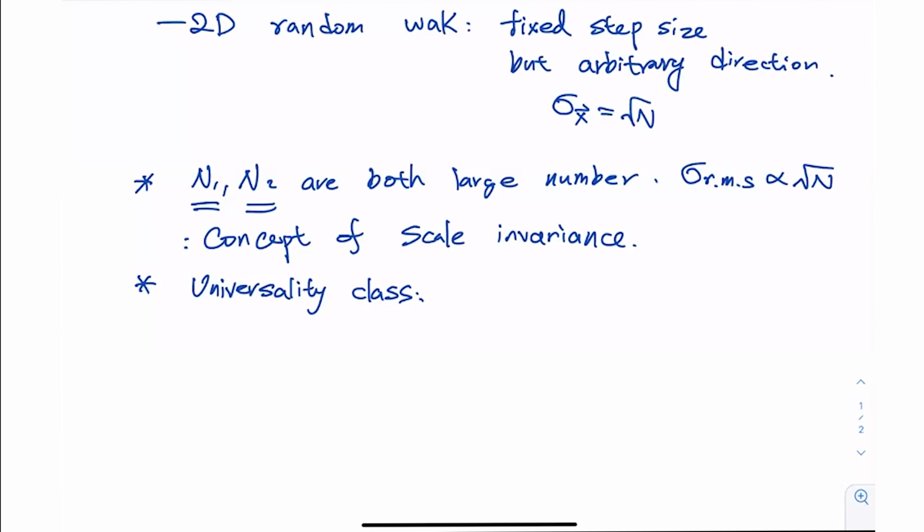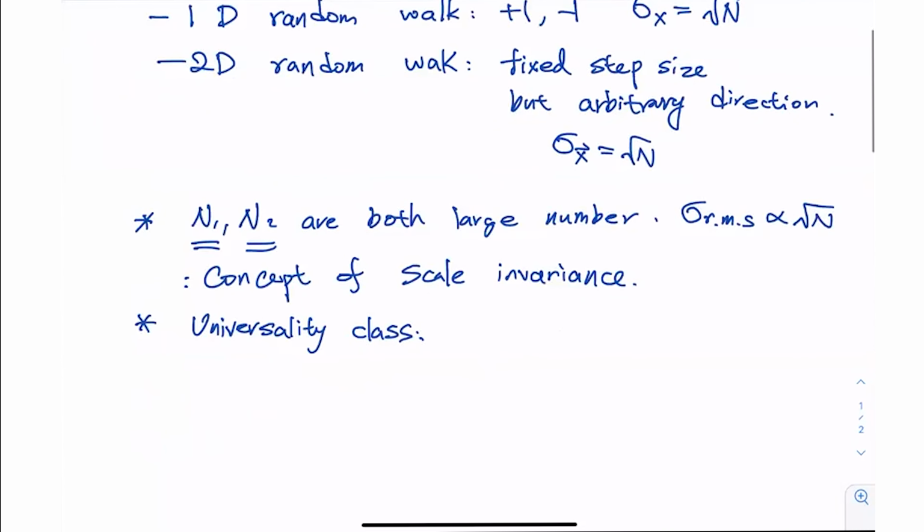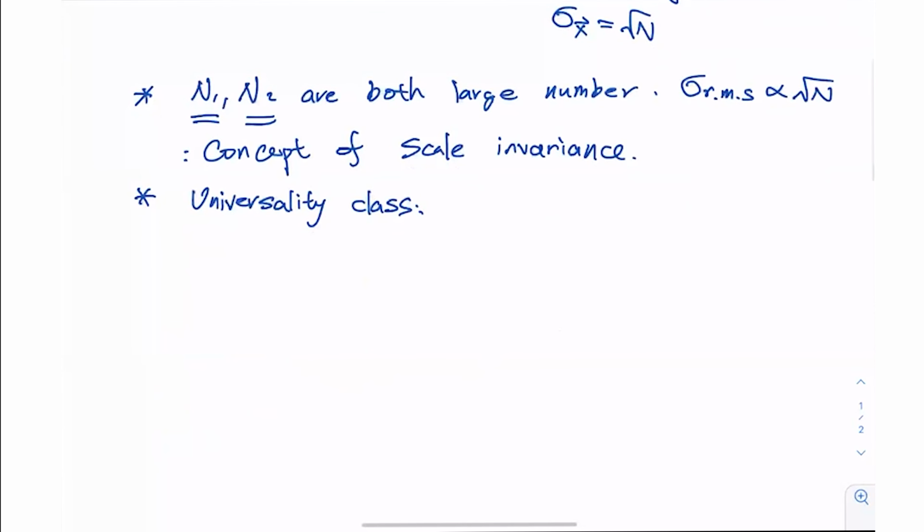So that condition will lead to the self-avoiding condition. And naively, we think that maybe it is not really important and it will not change your understanding. But as we discussed in the last lecture, it actually modified the scaling behavior from square root of n to n to some other power, depending on the dimension of your system. Okay, so in the discussion of this universality class idea, we introduce